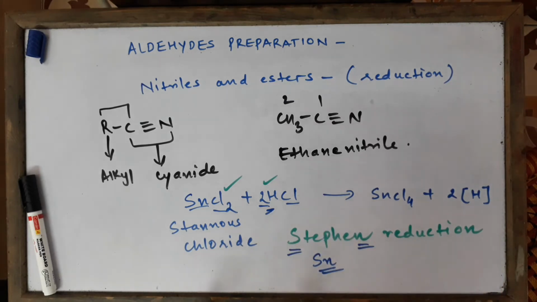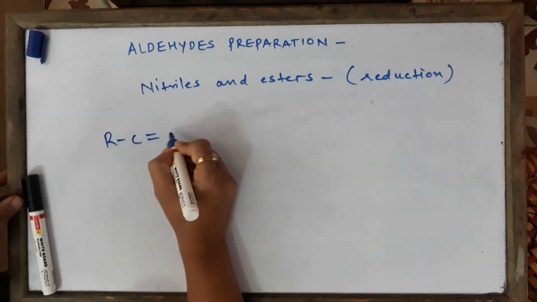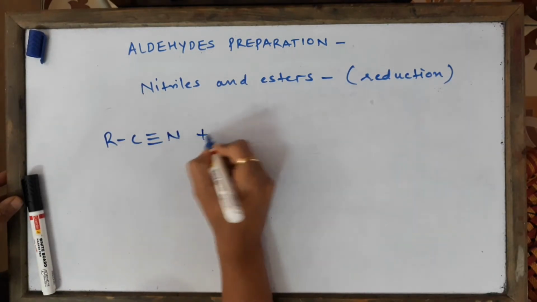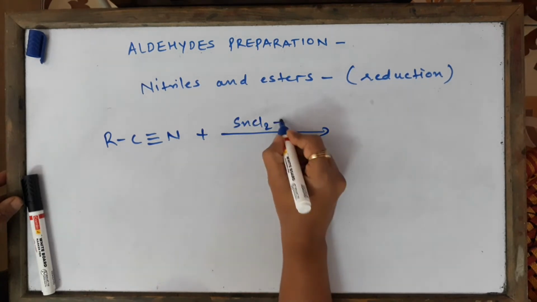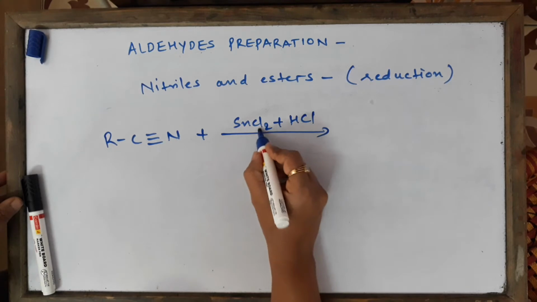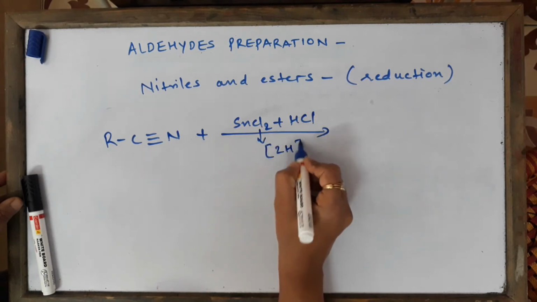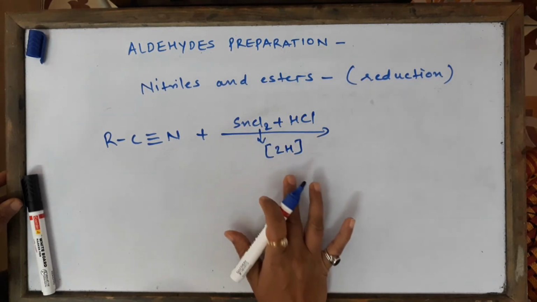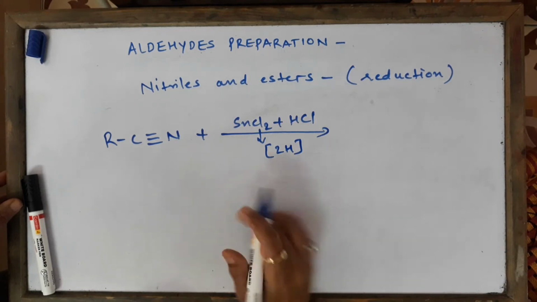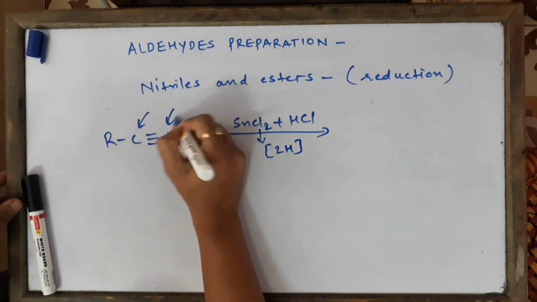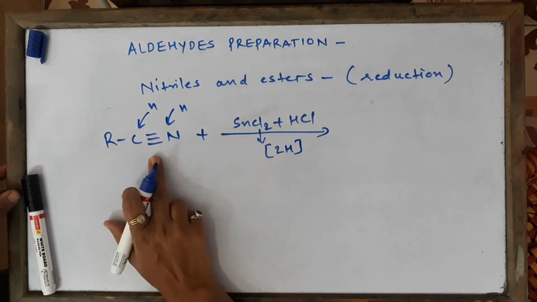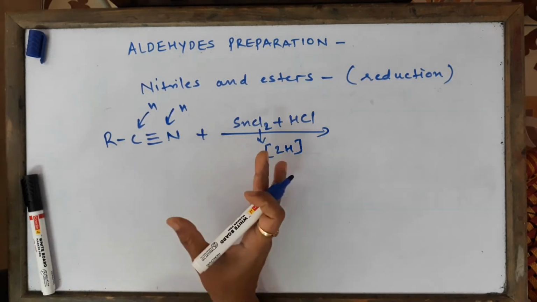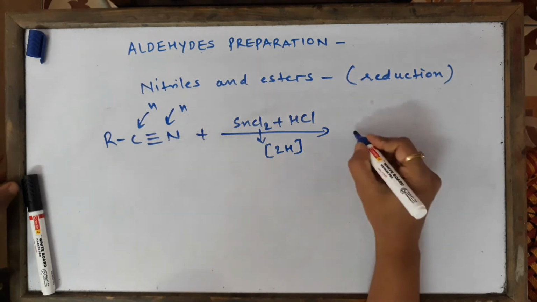Let's use Stephen's reagent and do the reduction of nitriles. So let's have a look at this. We are going to take a nitrile and add Stephen's reagent, SnCl2 plus HCl. What is it going to give me? I know it. Nascent hydrogen, which is a very good reducing agent. Now this Stephen's reagent is going to give you hydrogen atoms which you can just attack like this across the triple bond because it is unsaturated. So wherever there is unsaturation, hydrogens can easily get added up over there.